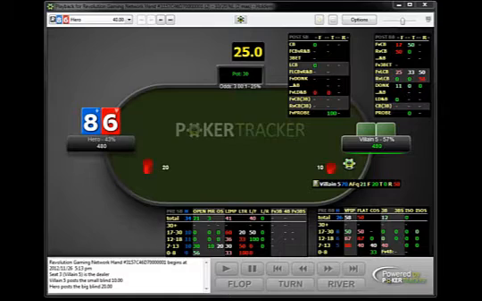In this video, I'm going to be reviewing a session against a fish that I played on Revolution Network maybe a month ago. I'm going to start off by going over some of the frequencies on the HUD that stand out to me, where this guy is being really exploitable, which for this guy is pretty much everywhere. He hasn't raised a button yet